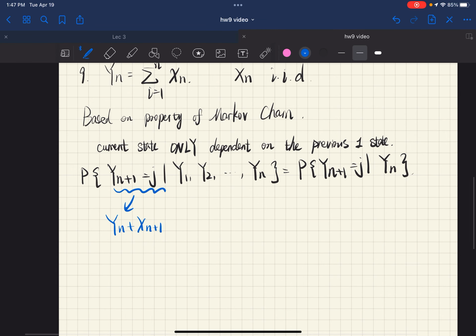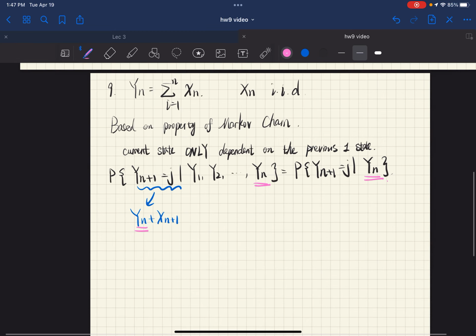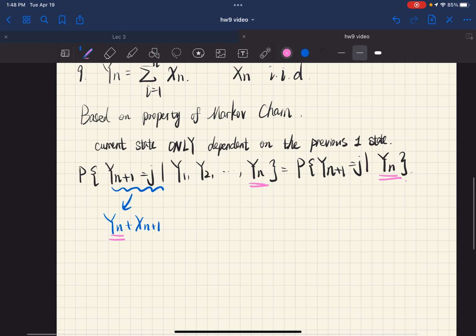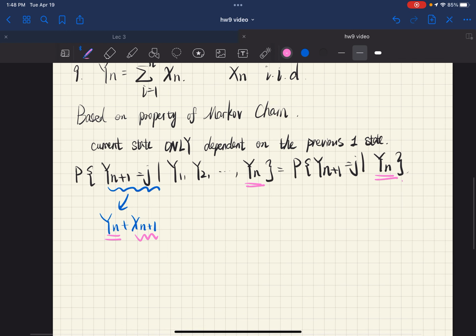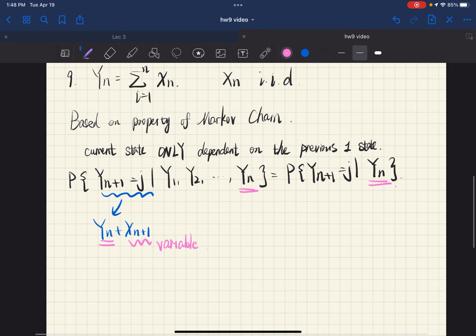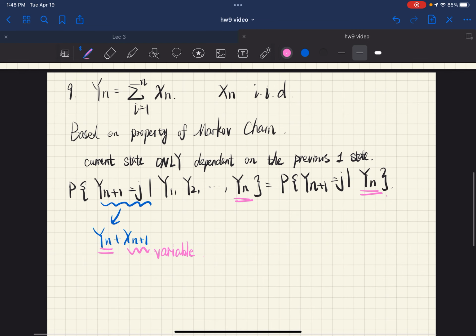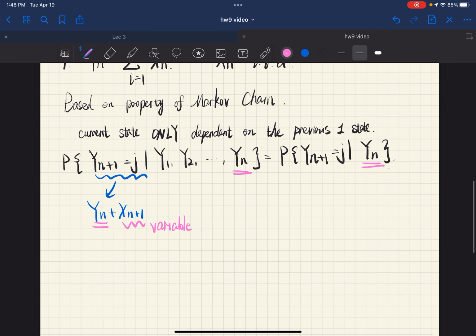And since in the previous formula we have Yn here, because we are conditioned on Yn, the only variable here is Xn plus 1, and we have the condition that Xn is an independent random variable. So here we can rewrite this formula as